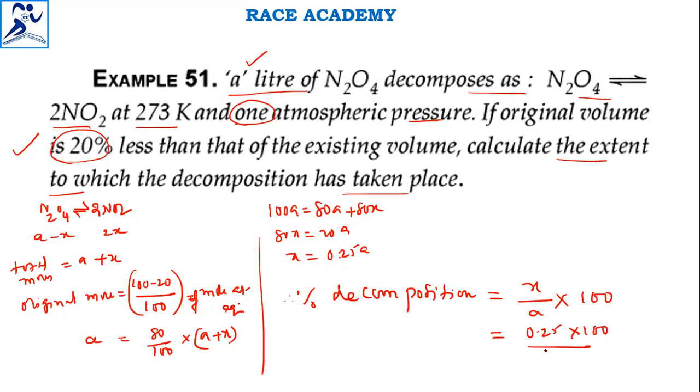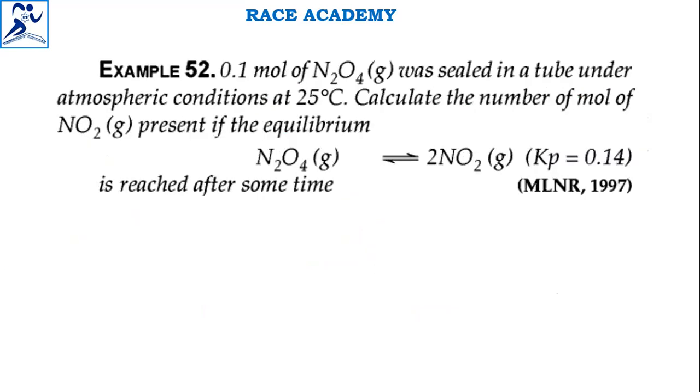by initially we have taken A, right, 0.25A, A gets cancelled, and finally you will get 25% as the answer. So 25% is the answer for this question, that is the extent of dissociation. That is question number 51. Next question,